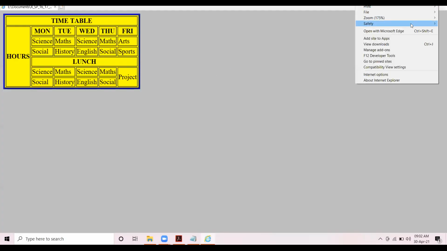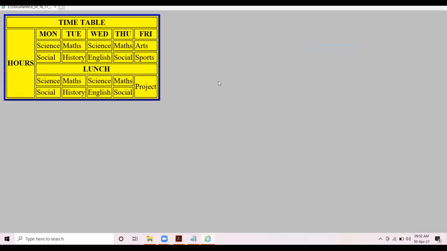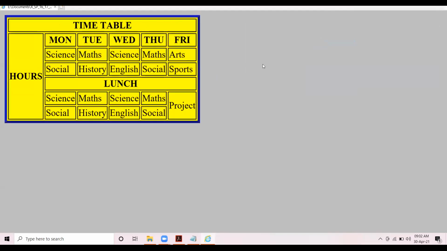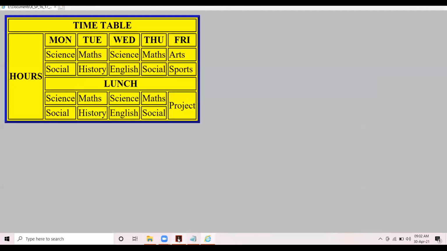I hope it is visible clearly. I am increasing the zoom level so that it is clearly visible to everyone. See here. And you can match the table. This is the question. This is our result.